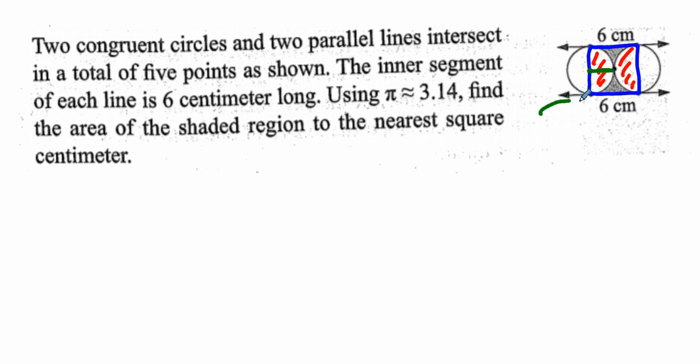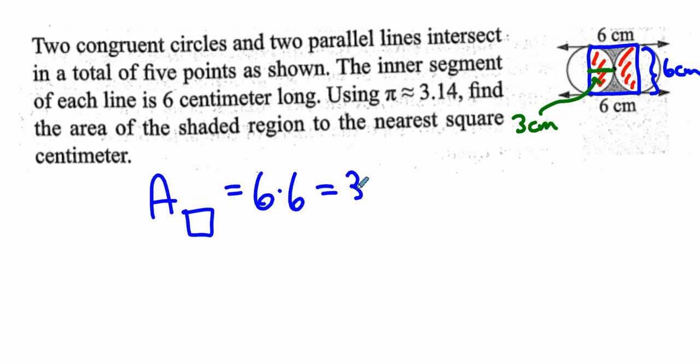This distance is 3 centimeters, which means that this radius is 3 centimeters, and this radius is 3 centimeters, and this radius is 3 centimeters, and this radius is 3 centimeters. So that's 6 centimeters, and so is that. So the area of the square is 36 square centimeters,